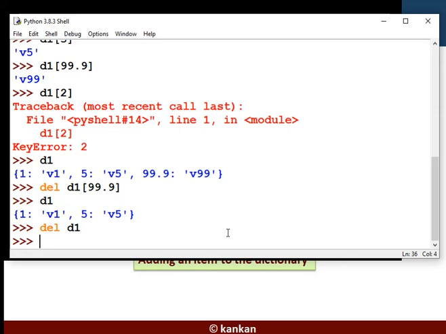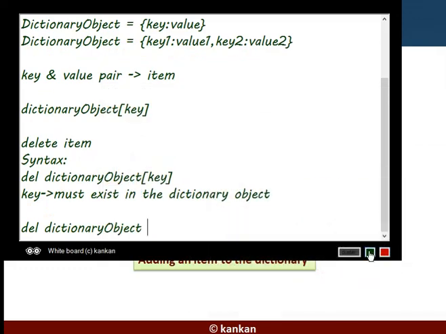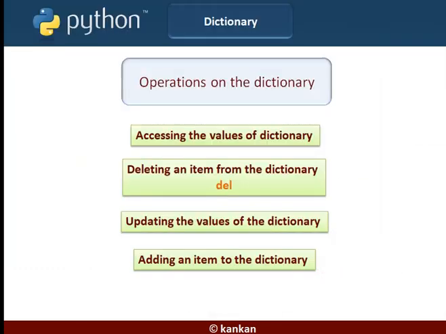Now if I want to find it, then this error will occur because it does not exist. Clear? So in that way I have deleted the object.